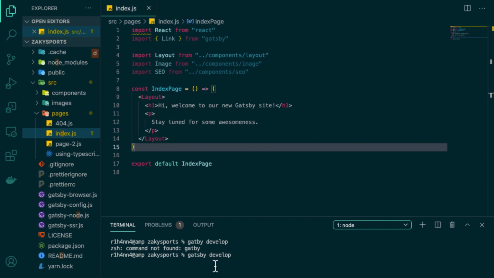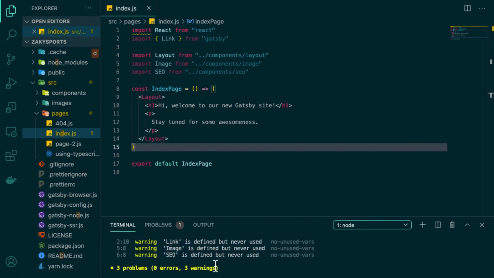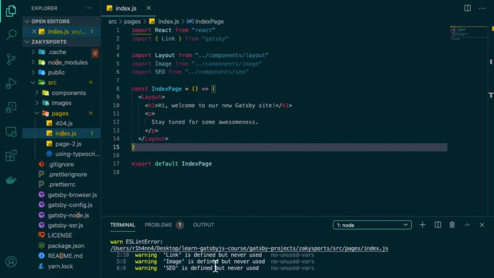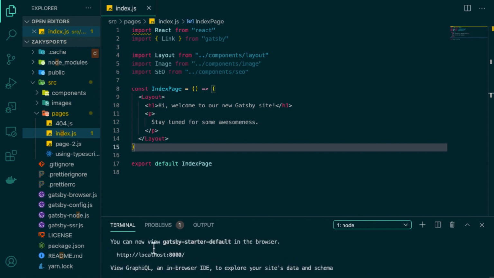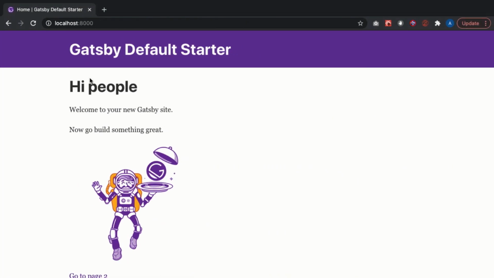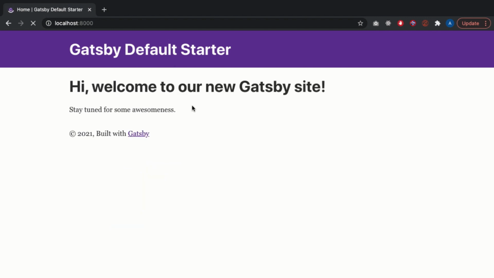All right, so once this is done, we can actually see our site here, right? Localhost port 8000, which is the same link here. So I'm just going to refresh the browser, and then we see "Hi, welcome to our new Gatsby site,"